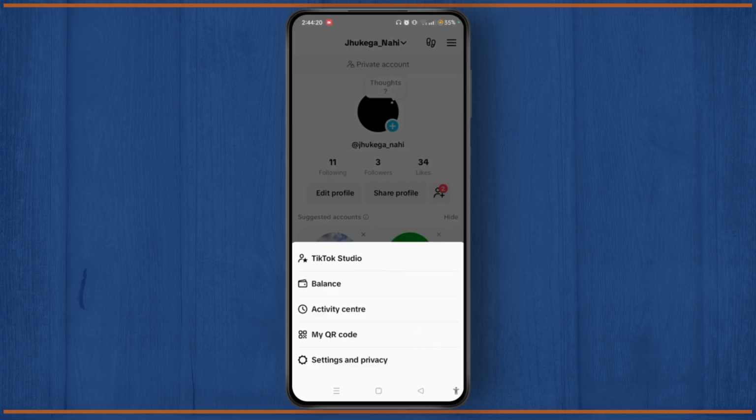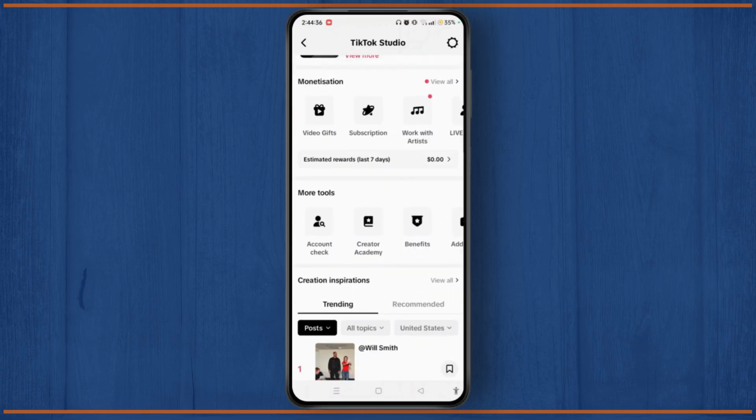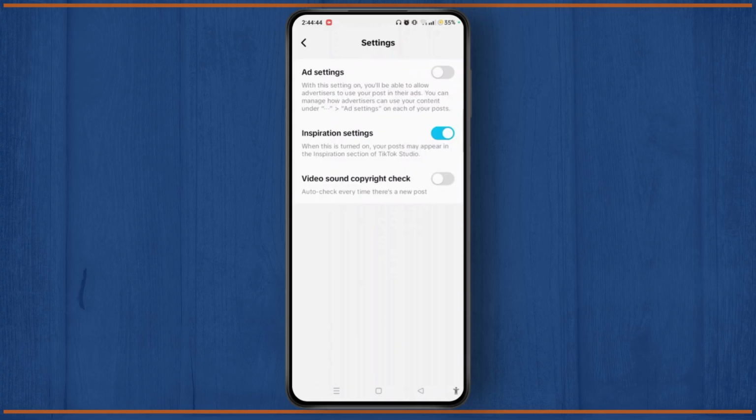At the bottom, you can see TikTok Studio or simply Content Creators Tools. You can choose any one of those which is available to you. On this section, you can simply get different kinds of tools like analytics, monetizations, more tools like account check, create academy, and many more. Simply tap the gear icon at top right corner of TikTok Studio or Create Tools and